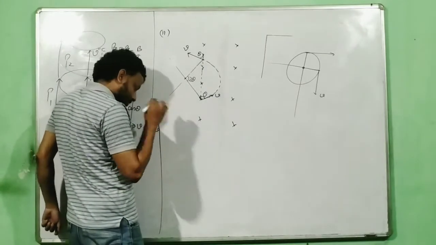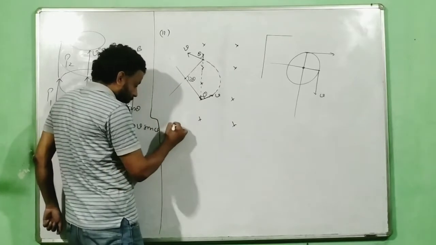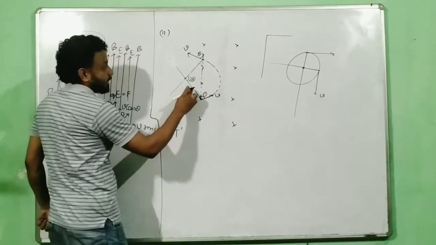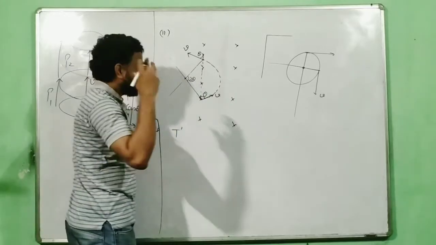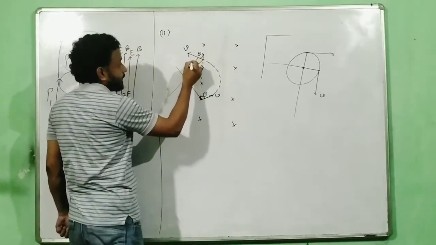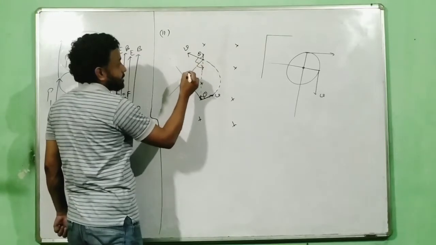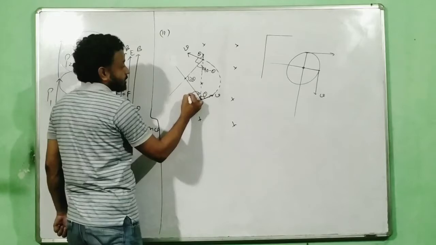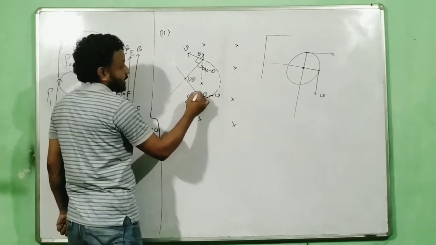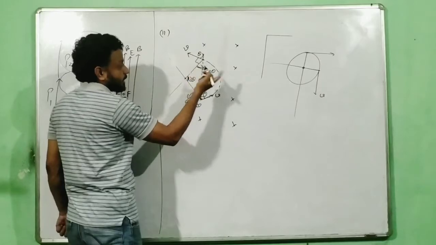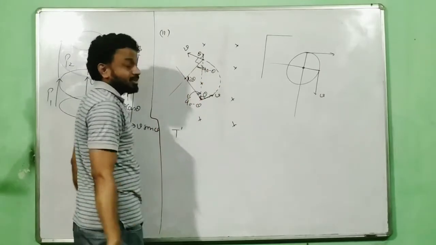So everything remains the same. Now how will I find the time spent? See, those who are still confused about how this becomes 2 theta: remember I said this angle is 90, so this angle becomes 90 minus theta, and this one also becomes 90 minus theta. Now the sum of this angle plus this angle plus this angle must be 180. Use that logic, you will get this angle to be 2 theta.